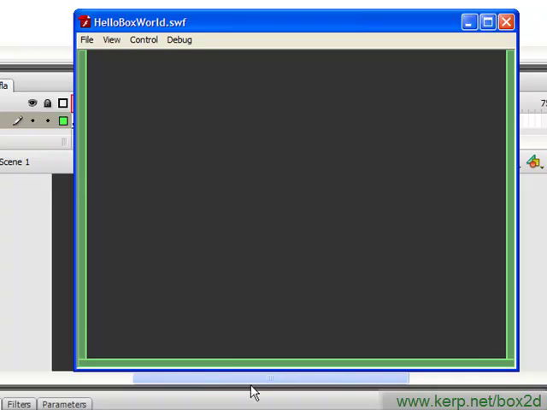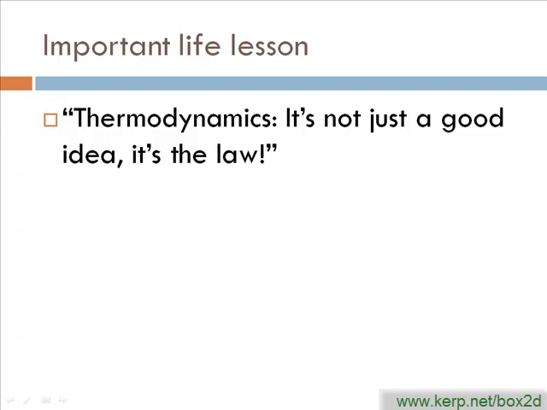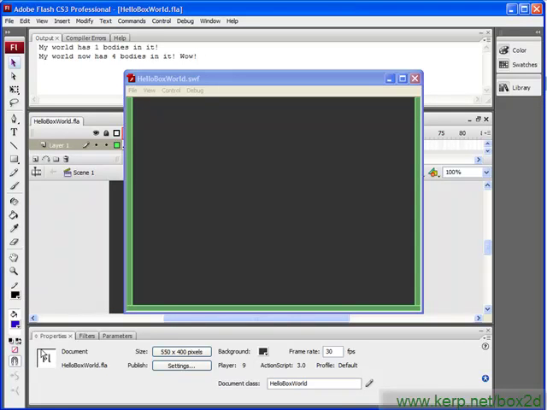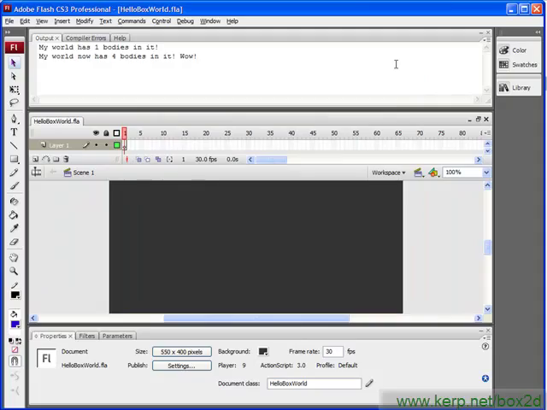So this actually probably isn't a good idea, which leads to an important life lesson. Thermodynamics, it's not just a good idea, it's the law. So, sorry, that was really nerdy. We'll switch back to our code